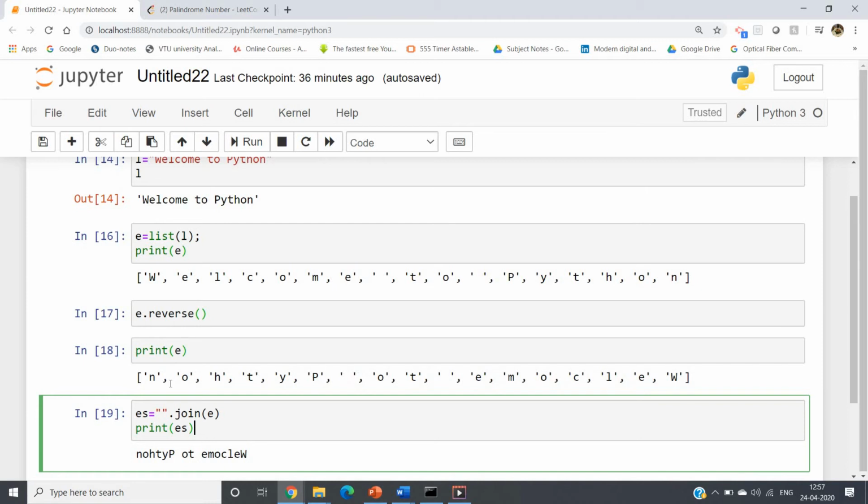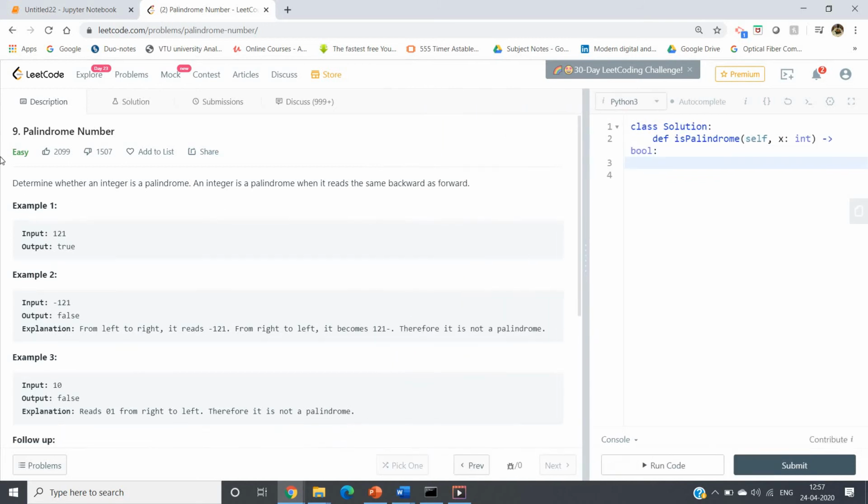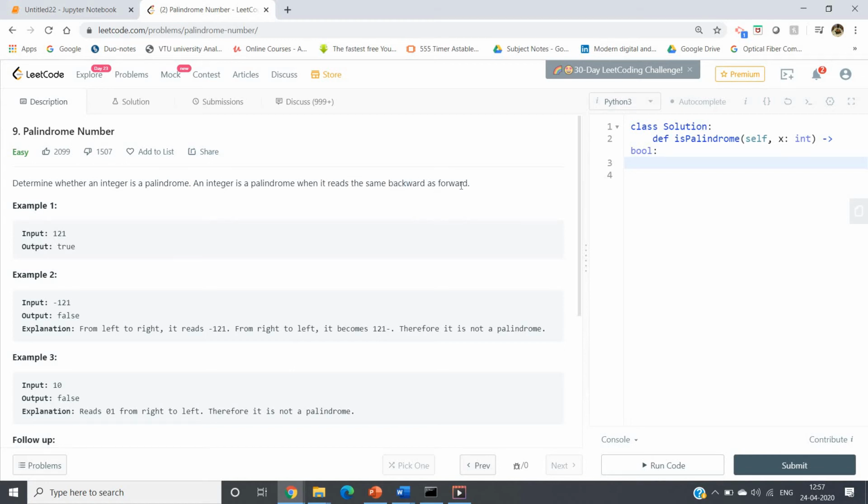Now reversing a string is a very important concept for solving a very popular problem, and that is palindrome. Suppose you have this question: determine whether an integer is palindrome or not. An integer is palindrome when it reads the same backward as forward.